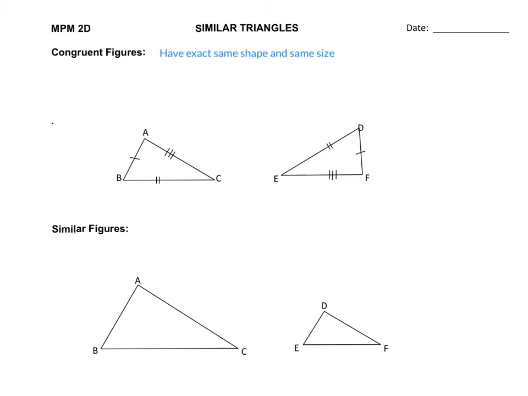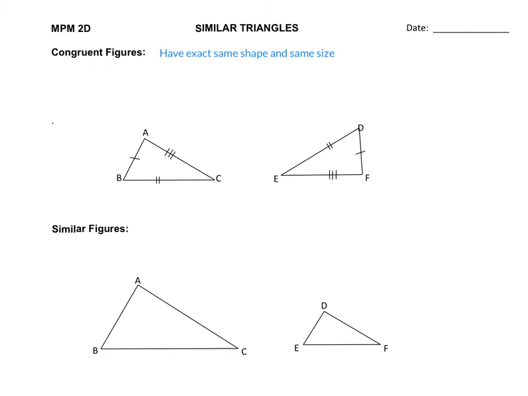We're starting our unit on trigonometry here, and we're first going to look at what we call similar triangles. So I'm going to identify first of all what congruent figures are. If figures are congruent, they have exactly the same shape and the same size. So I've tried to draw on this page triangle ABC and triangle DEF and mark on side lengths that are